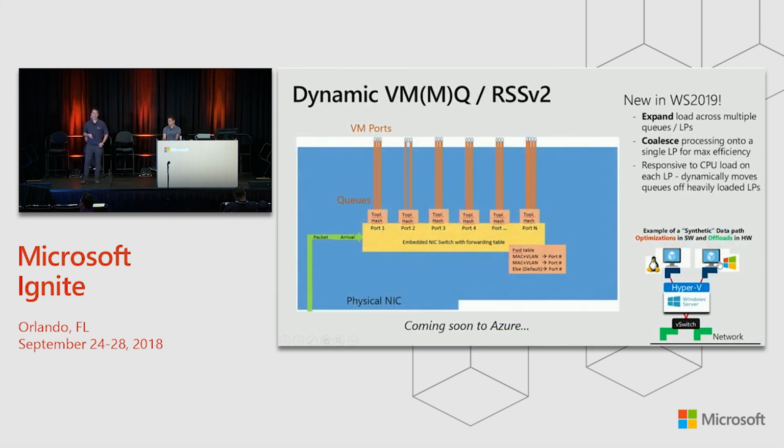One of the things that I'm really excited about is dynamic VMMQ. We've had a long journey of providing different spreading support across different logical processors, different queues with VMQ, or VM multi-queue, using physical NIC resources. But it's been very static configurations in the past. You've had to really understand what your workload looks like and configure it to be running on specific queues. And once those queues are set up and running, they don't tend to move. They're just pinned.